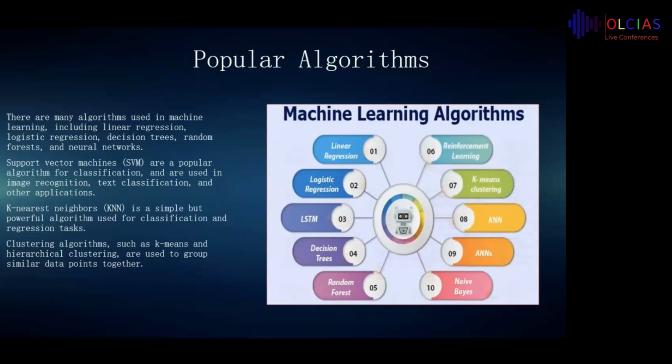Machine learning algorithms are tools that enable computers to learn patterns and relationships in data. Some common algorithms used in machine learning include linear regression and